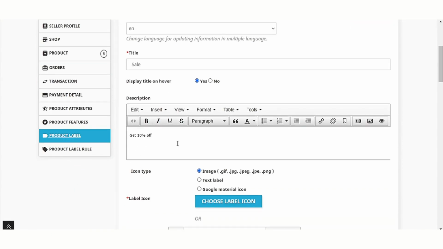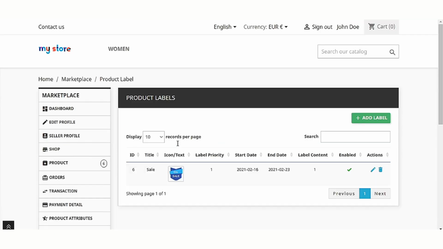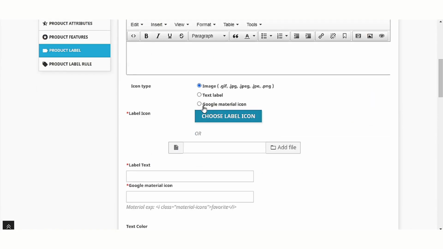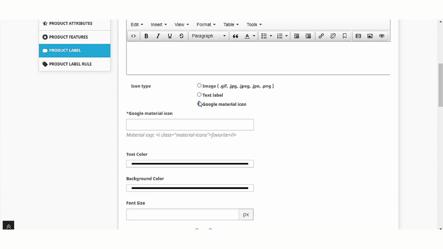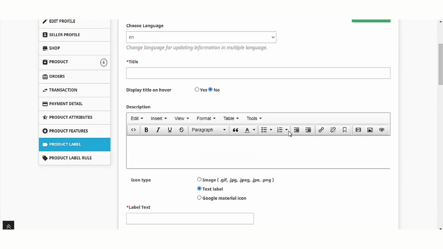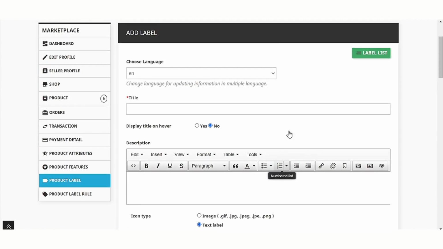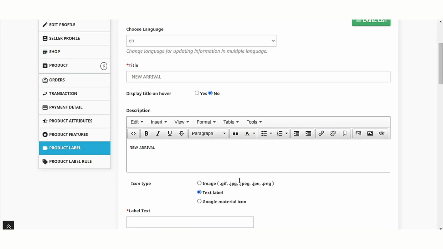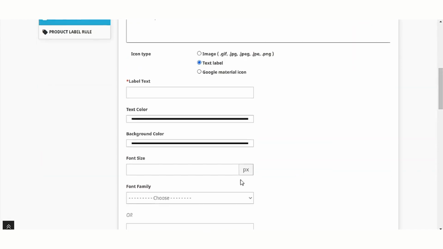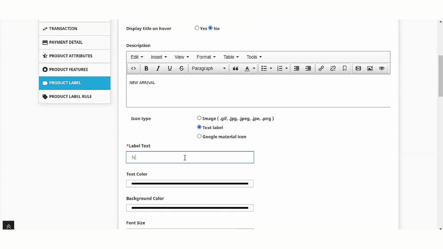Similarly, a seller can add labels using text and Google Material icon as icon type. Set the label text here.